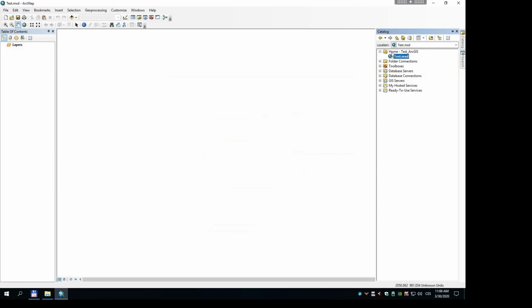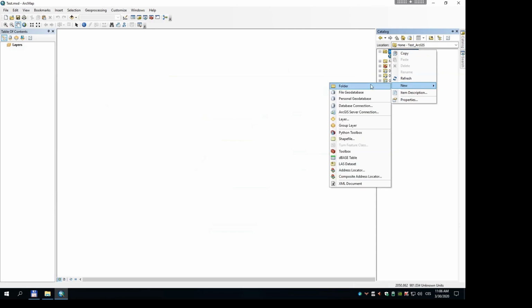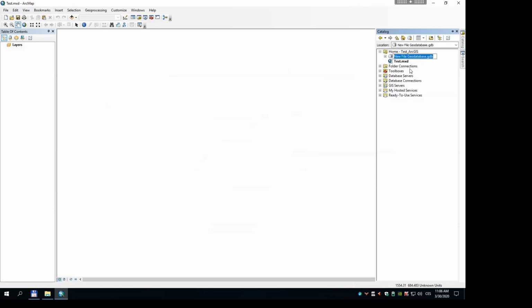The second thing to do is to create a new file geodatabase. So right click the mouse button on the name of the folder, new file geodatabase, which is the workspace. I can name it test database for my project, and let's make it the home folder. Right click, make default geodatabase. With this option,